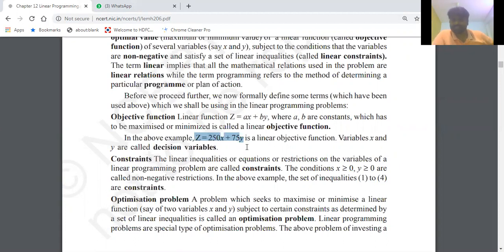Because that x, y value is the answer, meaning how many tables I have to purchase to make my profit maximum, and how many chairs I have to purchase, to make my profit maximum. X, Y only are the main or important values. So those are decision values. What are the decision makers there? X, Y. X, Y variables are all called decision variables. Constraints, these were all discussed. Just have a look at that and understand. This is very easy to understand, as I told you before.